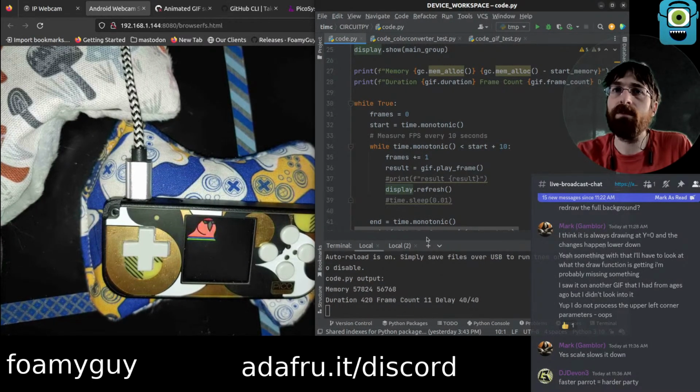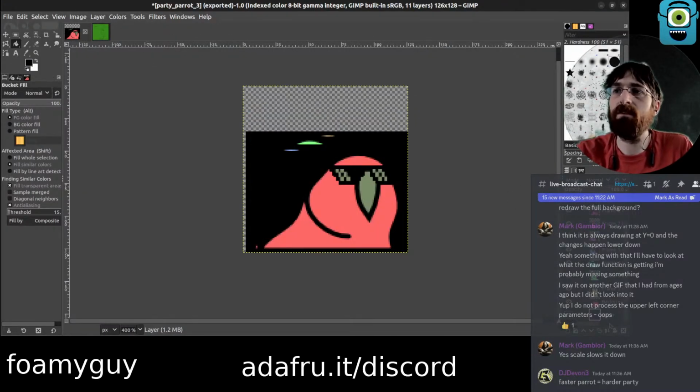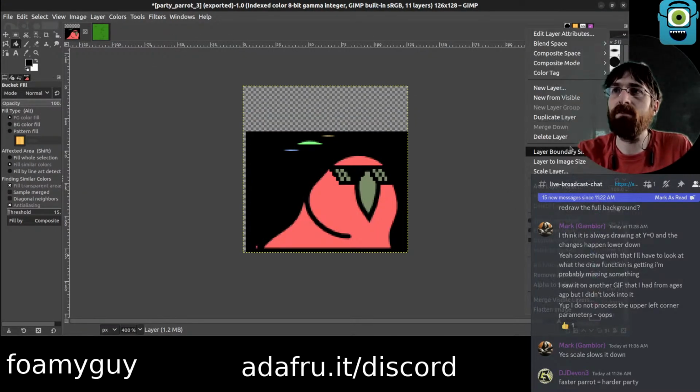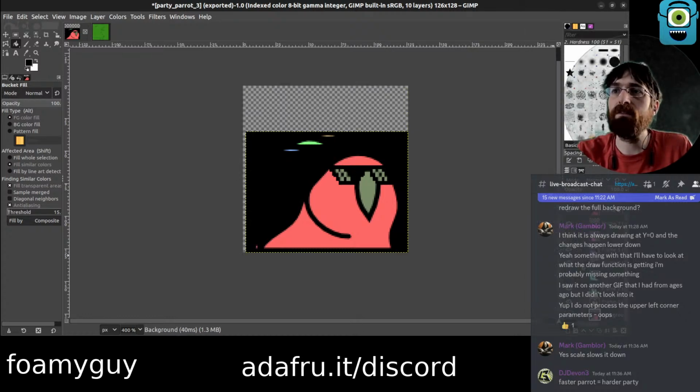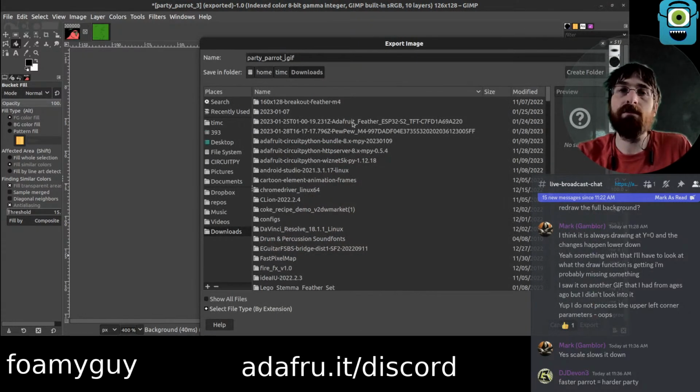It was quite a bit slower with this one, but still, this is smooth. It's got the blink. I think I did not manage to cut this frame out successfully. Like this is still here. Let's delete this layer. Try one more time.